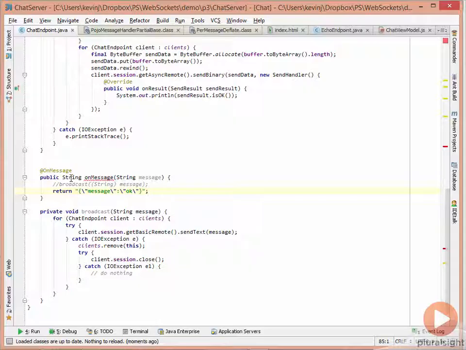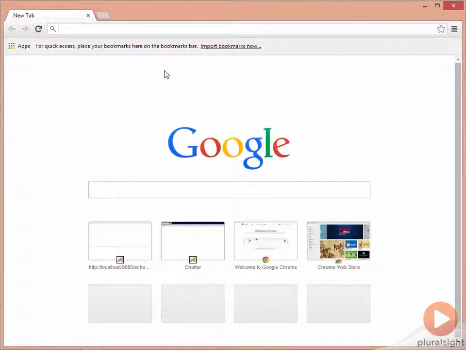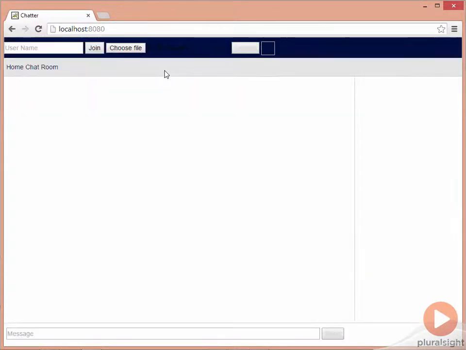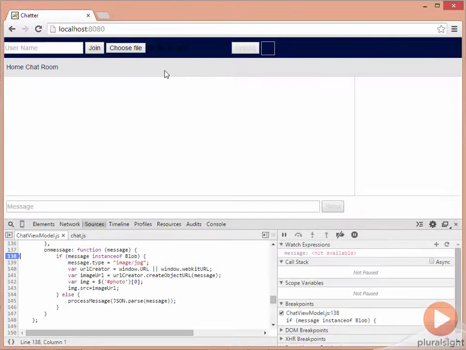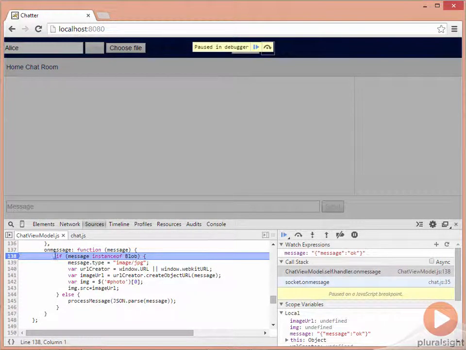message handler should fire. So if I go to the browser and browse to the site, bring up the developer console, we have a breakpoint inside onMessage, type in the user's name, so Alice, and click on join, and sure enough, the onMessage is fired. If I look at the message here, that is sent to message OK, which was the JSON we returned back